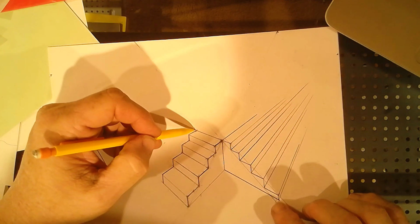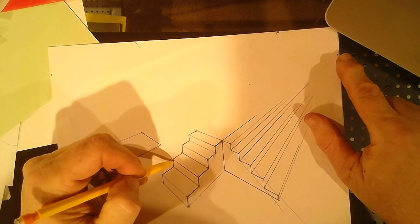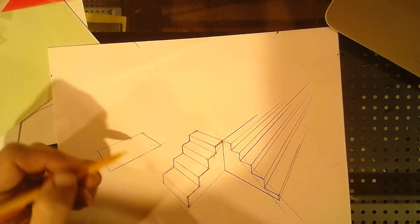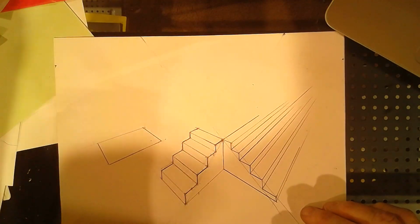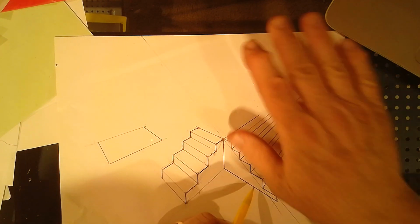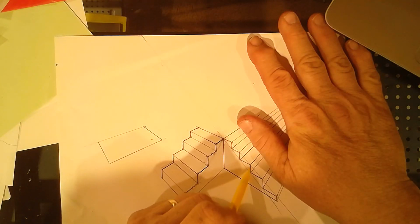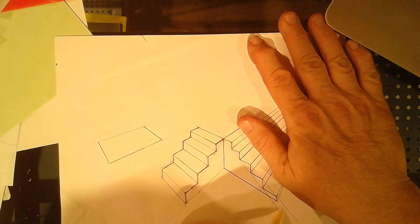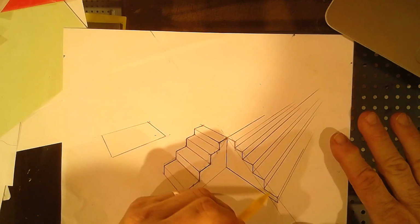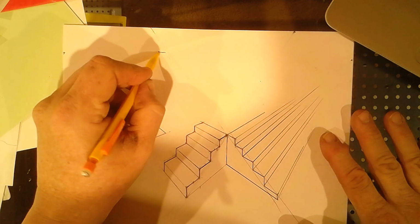You're just repeating it on this side, which is right, vertical to the right vanishing point, vertical. So it's exactly the same. And then on this other side, we just flipped it over and we're doing everything to the left, vertical to the left, vertical, and so forth. These lines here are just because you don't want your steps to be